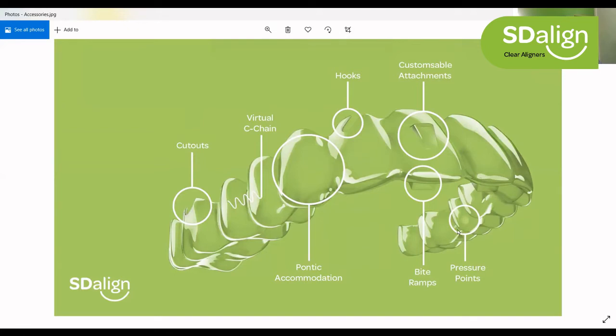The pressure points are a way of giving torque. Now, torque is hard to express with plastic. You just have to make a dimple or a depression in the aligner so it touches the tooth at a specific point and gives a twisting action. It is useful when we are trying to achieve a lot of tipping but you don't want deepening of the bite, so you add a counter tip or a little bit of a pressure point. Pressure points are also useful for rotation corrections. So all these 8 to 10 individual customizations, we can trigger case by case according to the requirement. What I would urge all of us is that any doubt on this slide is very critical to address because this will help you select. So thank you. Yeah.